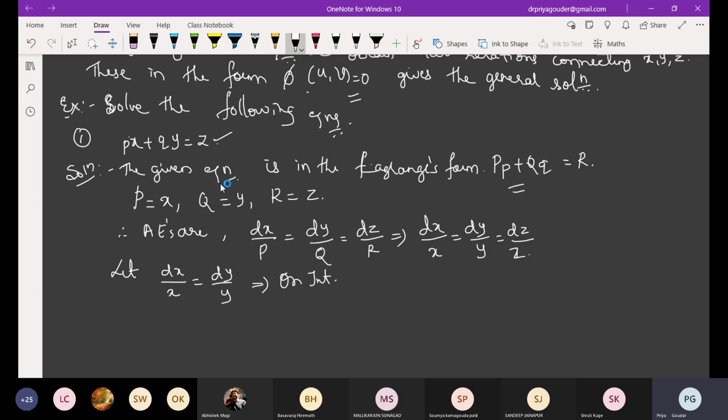So what is the next step? Variable separable form. The next step is we have to integrate it. So the integration of dx upon x, or you can say 1 by x with respect to x, and the integration of 1 by y with respect to y. And whenever you integrate, what do you usually do? You add the constant, no? So shall I add a constant c or a function of x, function of y? What do I have to do?